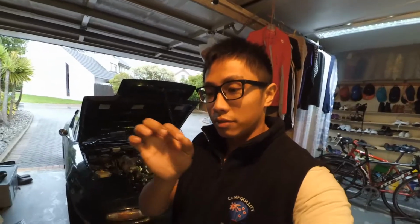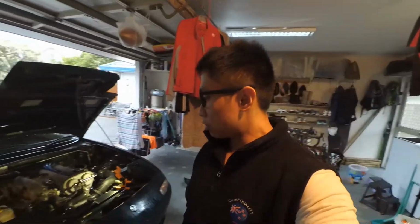So it looks pretty good. I'm going to take it out for a quick spin and see if that changes anything. I just came back from the test drive and the noise is still there. I decided to loosen the belt as well, and the noise was still there. So I think it could be the alternator belt now, because I do see a little bit of a wobble when the belt's running. So what I'm going to do is try and